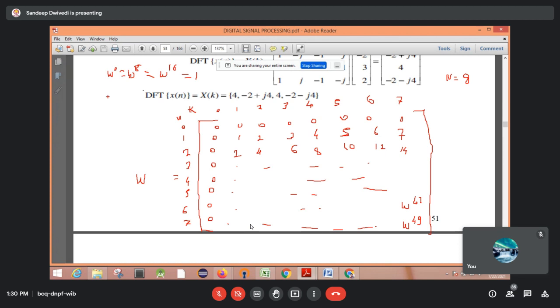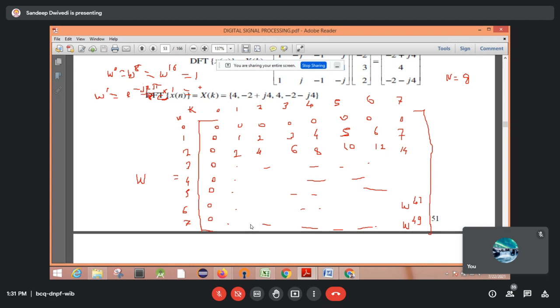Okay, then in the same manner you can calculate w1. So w1, do the calculation of w1. Okay, what is the Twiddle factor? e raised to power minus j 2 pi divided by capital N, which is 8 here, 8-point DFT, so divided by 8, into the value of kn, which is 1 for w1. So this will be simply, this 2 will be cancelled with this one and this will be pi by 4. So this will be simply cos pi by 4 minus j sin pi by 4.